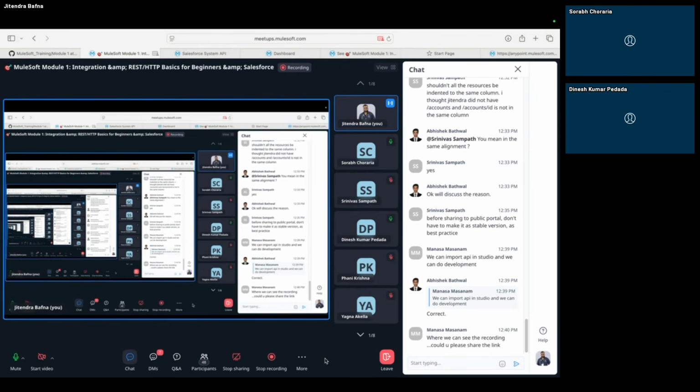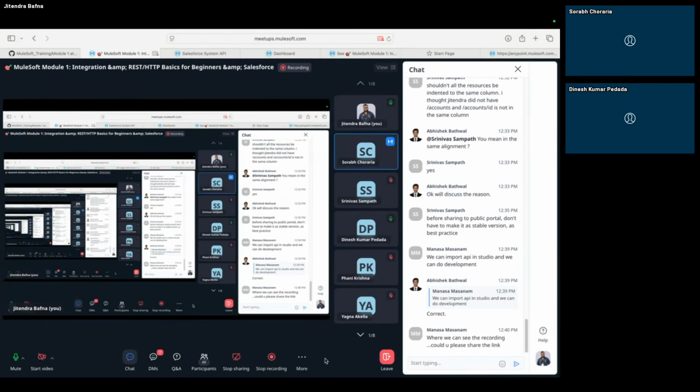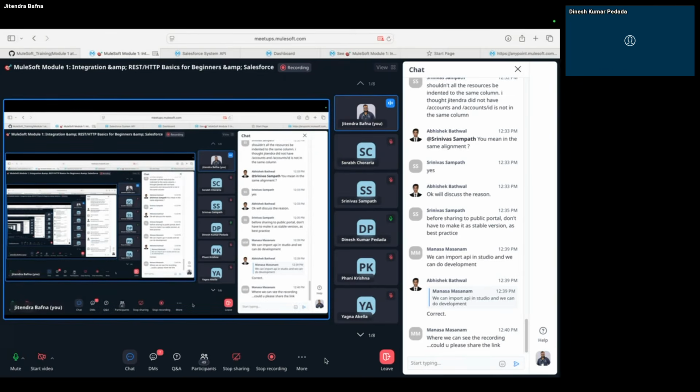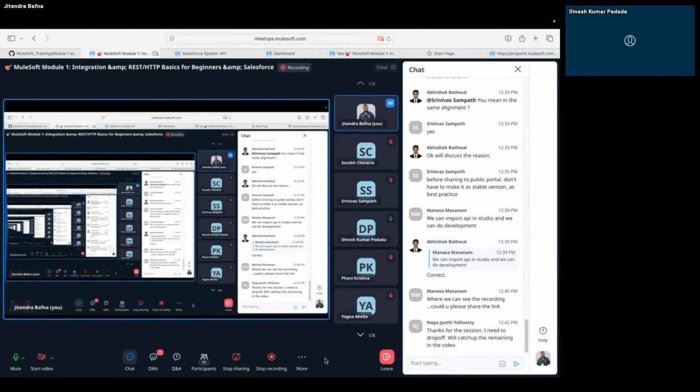No, I was saying the same. Okay, I will explain. Everybody has given the right answer. The main purpose, the main intention, right? So once we created RAML...